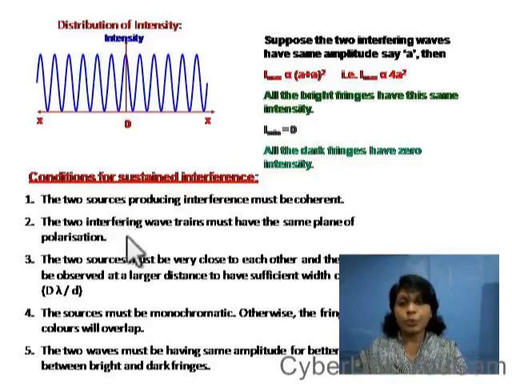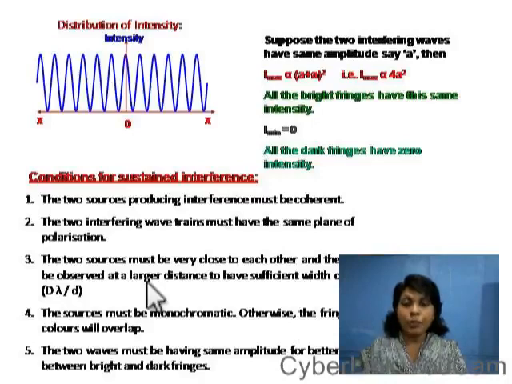The two interfering waves must have the same plane of polarization, and the two sources must be close to each other. As I mentioned earlier, these two sources must be as close as possible to get distinct fringes